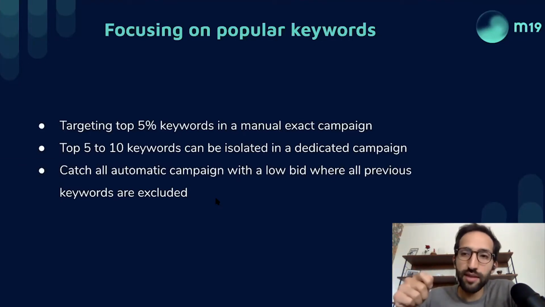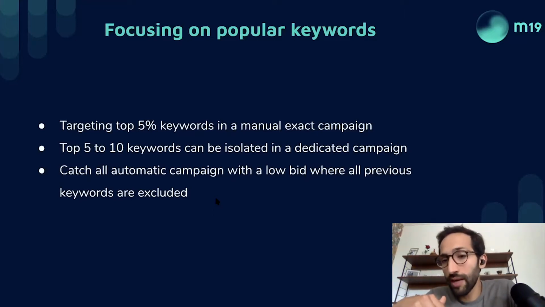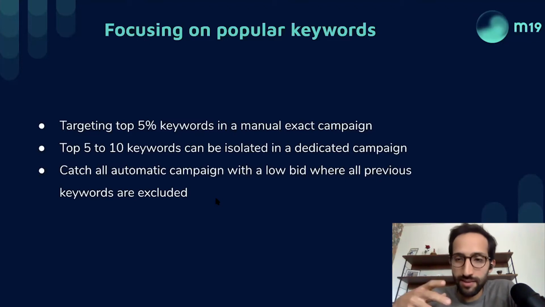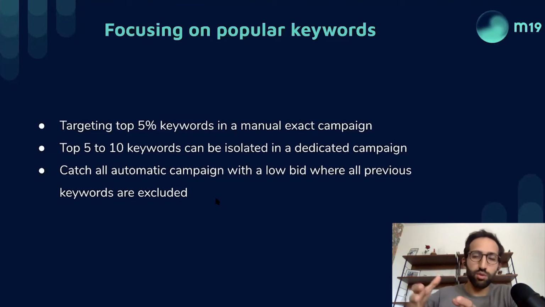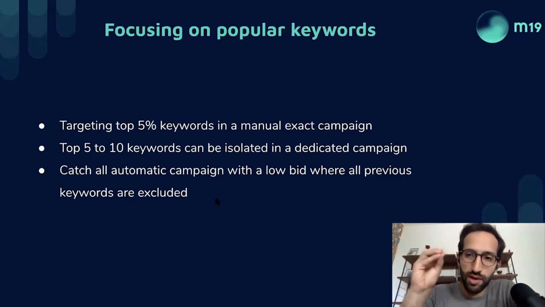They do this so they are able to adjust bid adjustments for every one of these 5 to 10 top keywords, because the adjustments are only available at campaign level. So if you mix different keywords within an ad group or campaign, you cannot play with the adjustment at keyword level. So this is the basic reason why they take off the 5 to 10 top ones and put every single keyword for a given ASIN in a dedicated campaign.